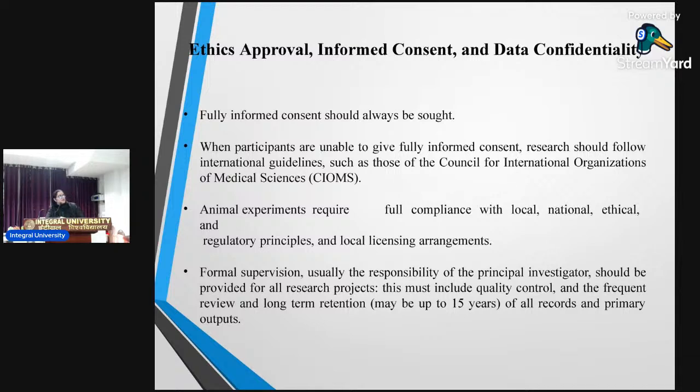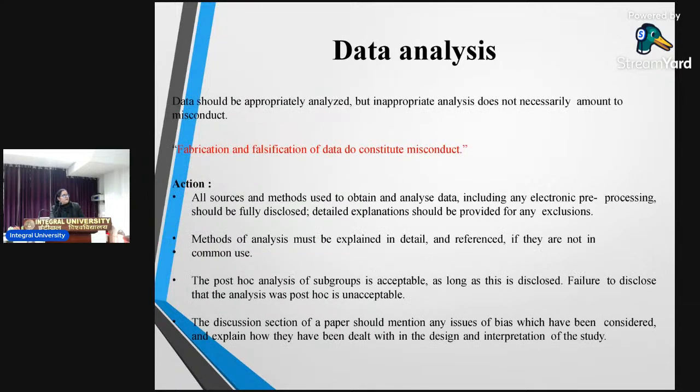So I think I'll stop here. Should I or should I proceed? I should stop? No, but I have 30 more minutes, so why should I stop? Okay, I'll go through 2 more slides and then I will ask you to summarize a few points for me so that I get an idea of what you have understood, right?